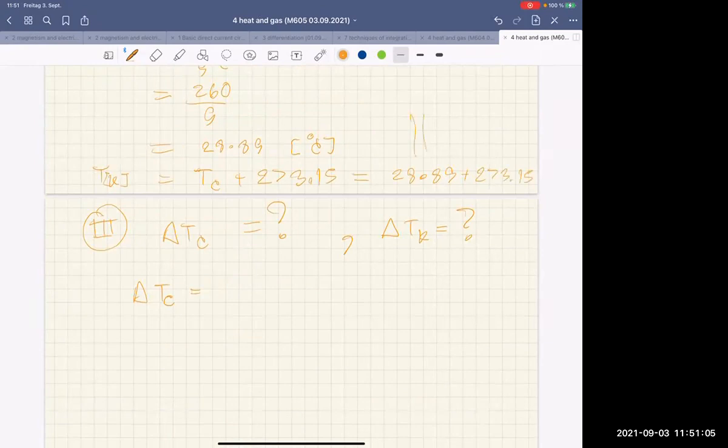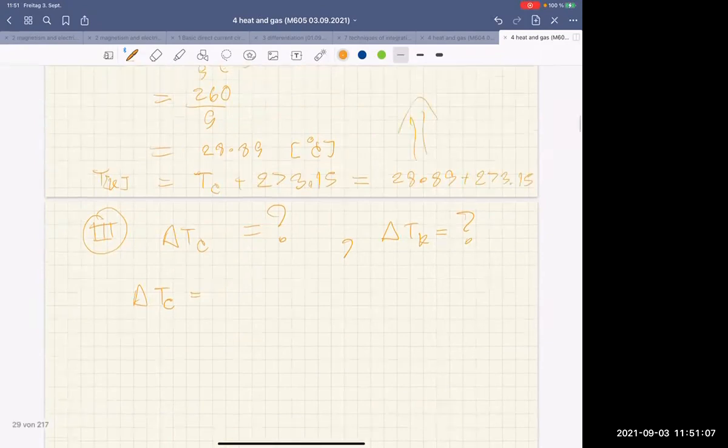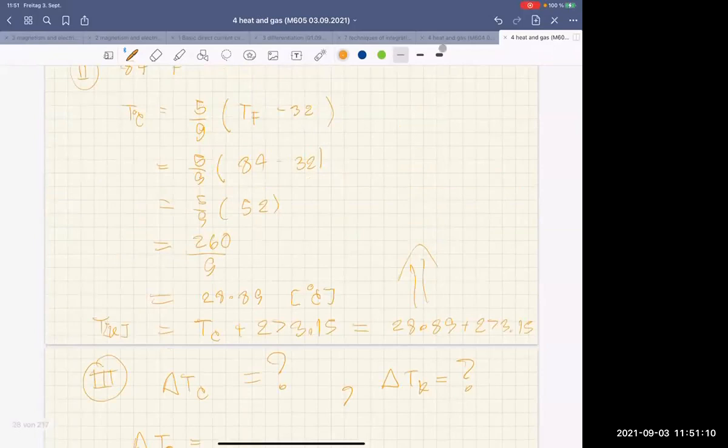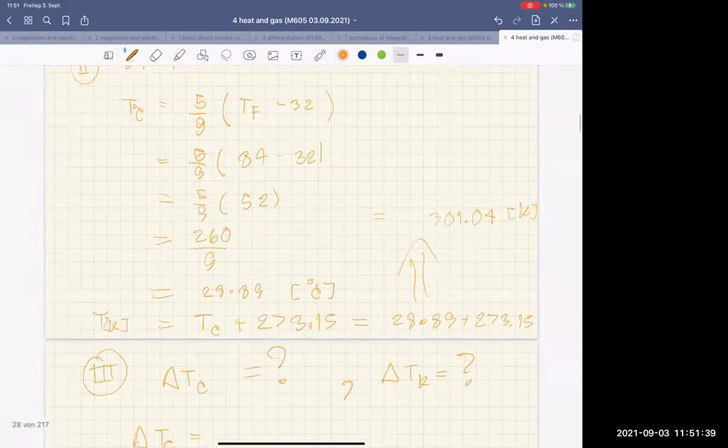And here is going to be 301.04, and it's in Kelvin, right? In the second state. Okay, delta TC is going to be